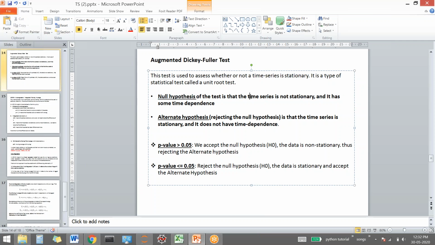And as per that, time series is not stationary. So when we apply the Dickey-Fuller test, if the p value is greater than 0.05, it means we accept the null hypothesis. It means कि जो basic assumption थी that time series is not stationary और मेरी p value भी is saying the same, that the data which we have fed into my Dickey-Fuller test is not stationary and I need to make it stationary by applying the transformation.